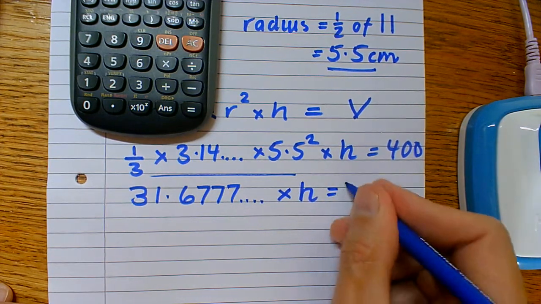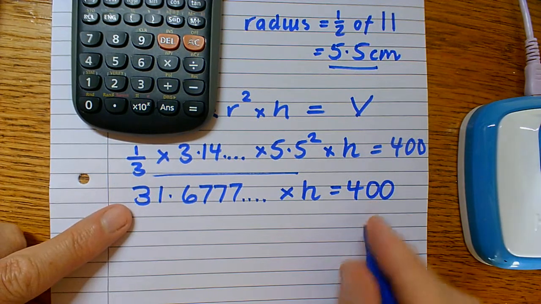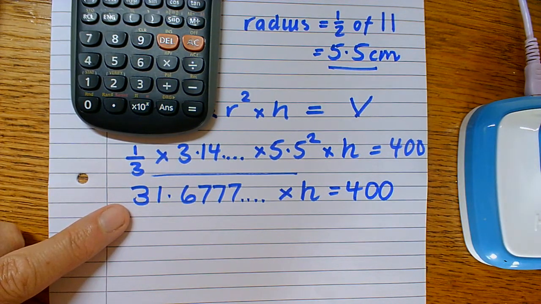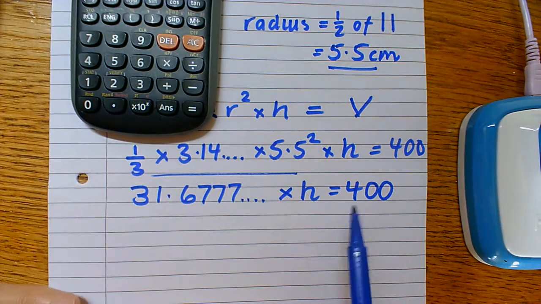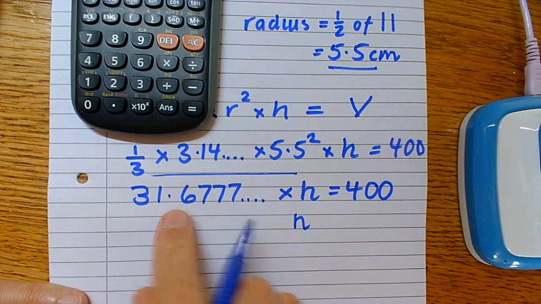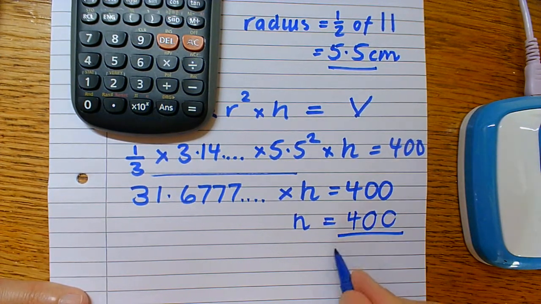Times the height makes 400. So roughly 3 of these would make 90, so we're probably looking at about 12 for our final answer. And that seems a sensible sort of answer for a cone that's 11 at the bottom. So, to find the height, remember, 31 times the height is 400, roughly. So do 400 divided by